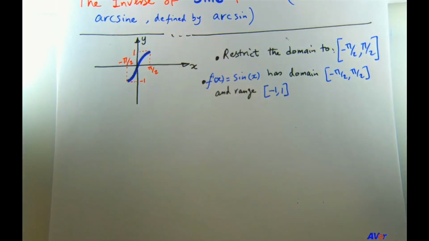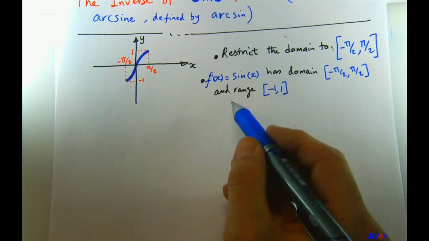So from Math 126, what do we remember about the relationship between the domain and range of the original function and the domain and range of the inverse function? Do you remember what relationship it is? Well, the relationship is as follows. The domain of the original function becomes the range of the inverse function, and the range of the original function becomes the domain of the inverse function. So we have to switch these.